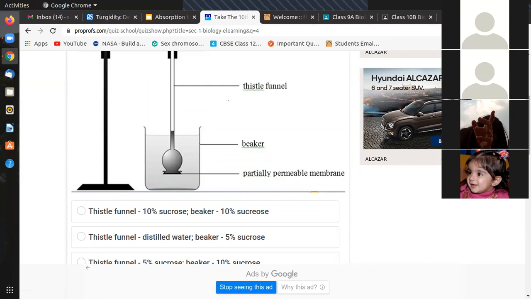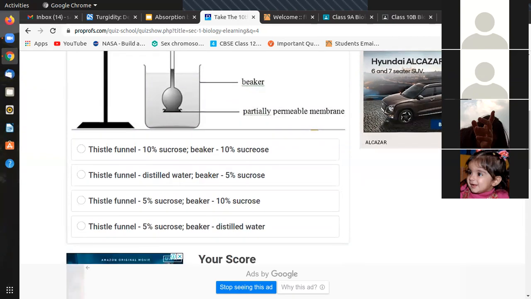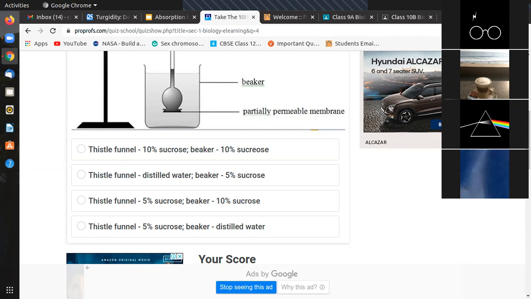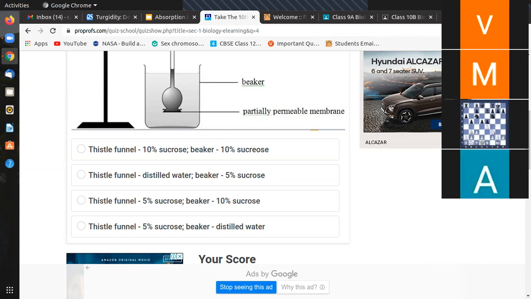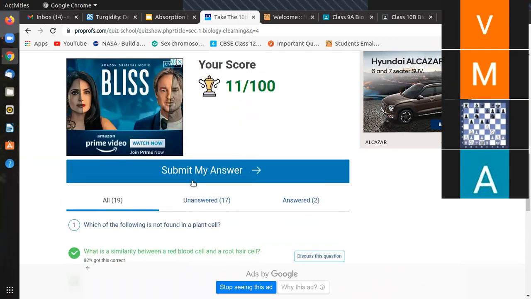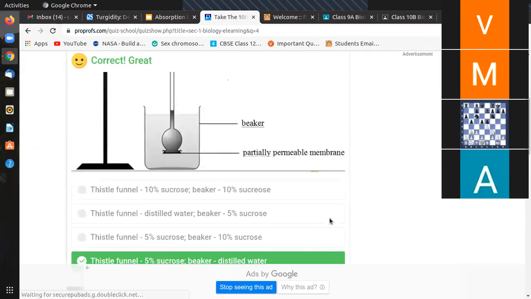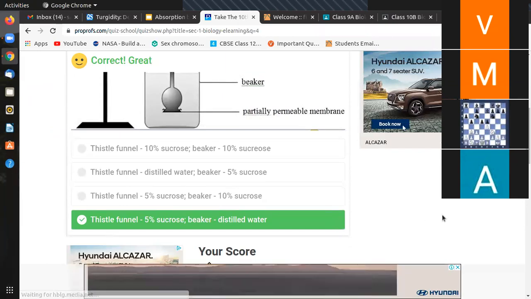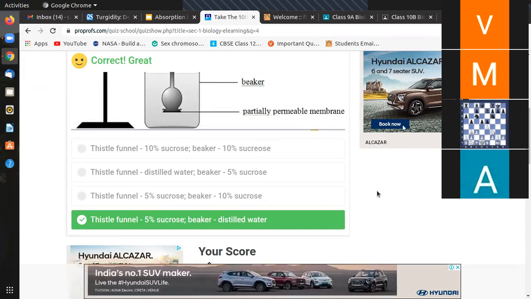Karuna, can you show all the options again? Yes, I think it's the fourth one, where the beaker has only water. Mahi, I think it's the fourth one. Fourth one. Fourth one. Okay, so I will try to click on this, let's say check majority. It's correct. So now Nandan will explain why.